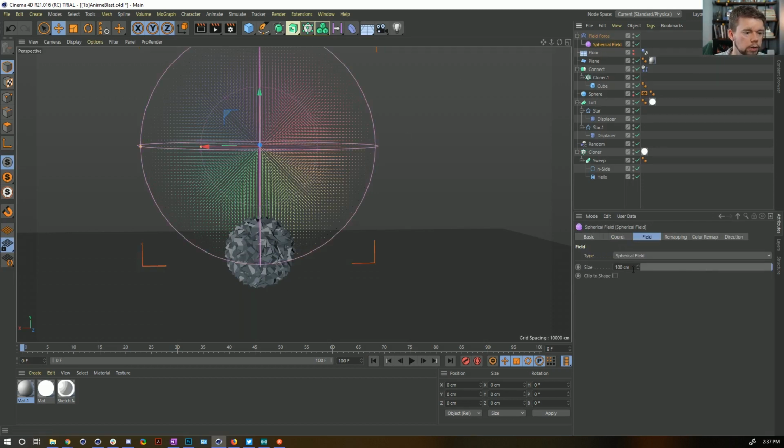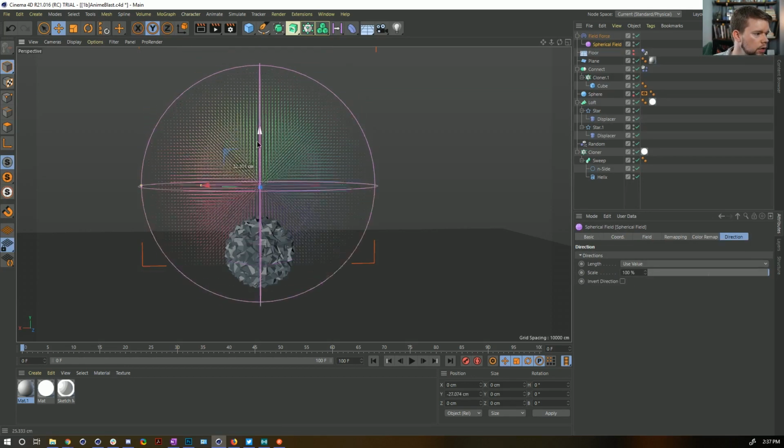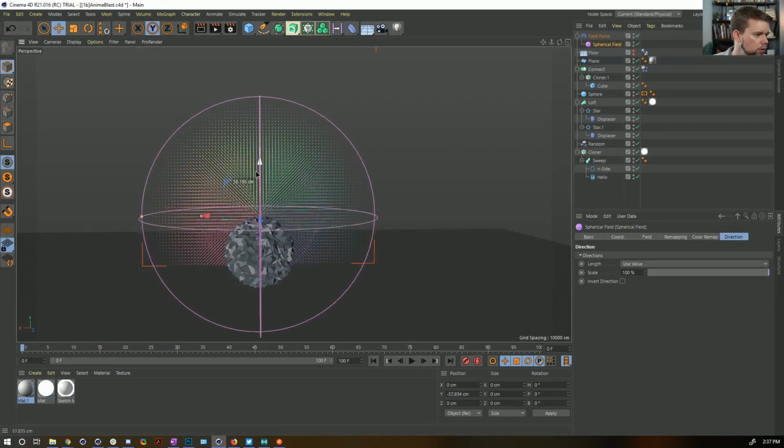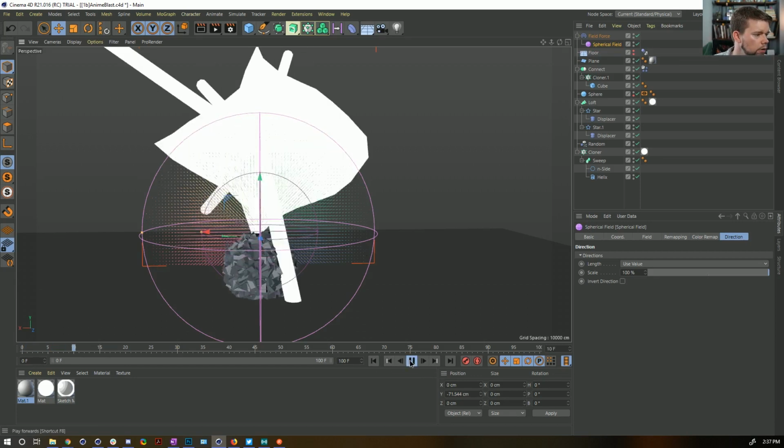Now, I actually want these to be negative, so I'm going to go to the direction. I'm going to say invert direction. Let's go ahead and grab our spherical field, and I'm going to pull it down here. And I think I want it pretty near the top of that circle, but not completely at the top, not in the center either. So what should hopefully happen here now is,